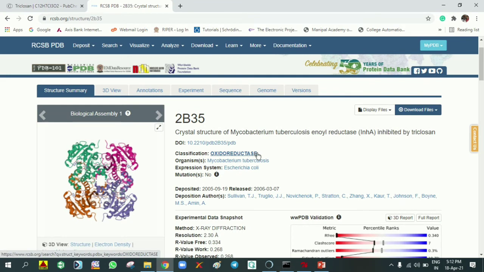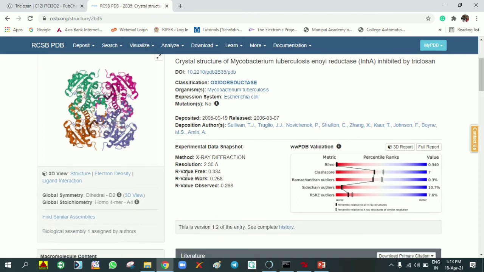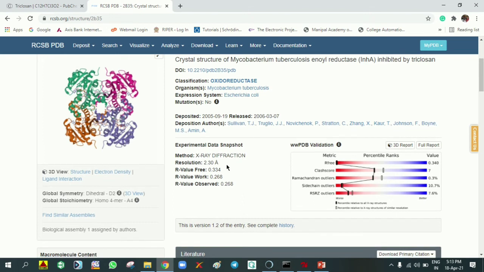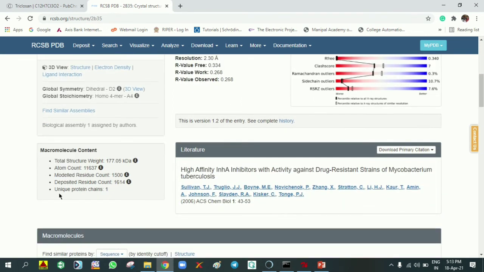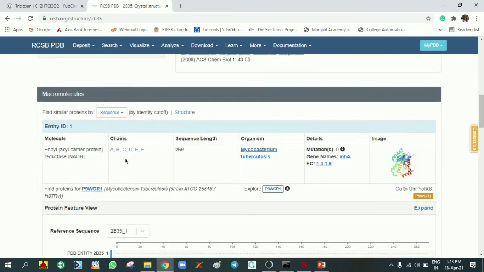Coming to the oxidoreductase category, expressed from the Escherichia coli organism, Mycobacterium tuberculosis. Its resolution is 2.3, so below 2.5, an acceptable range. It has 6 chains, all unique in nature, with 269 amino acid residues in each chain. So no mutations, 0 mutations.